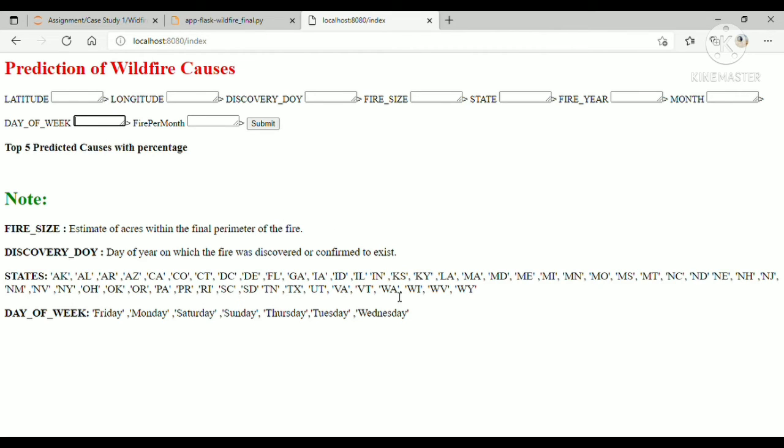Let's take some latitude and longitude parameters. This is a longitude parameter, and this is a latitude parameter. Discovery date of year, you can enter something from 1 to 365, 52 let's say. Fire size, let's say 3 acres.